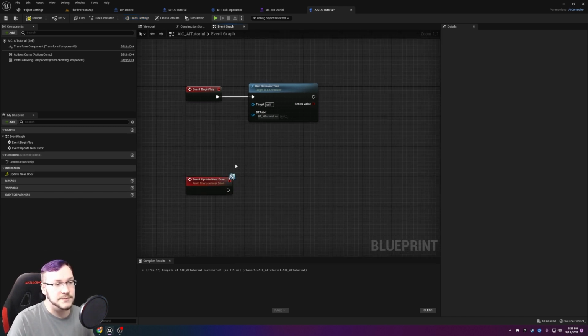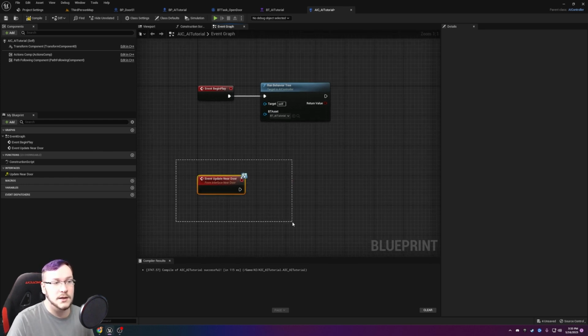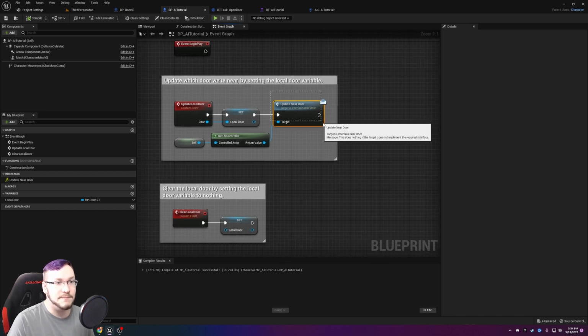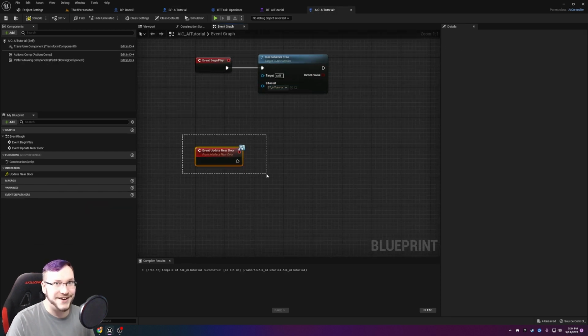What have I said 100 times? Events are red. There's something that happens to run some code. This is red and it's an event. So what's happening? Well, when the pawn sends the message, hey, your interface is firing, this event fires. So you can see how this is now having two separate blueprints communicate with each other. This is something that is very difficult for new people to understand how to get to work, and I'm hoping